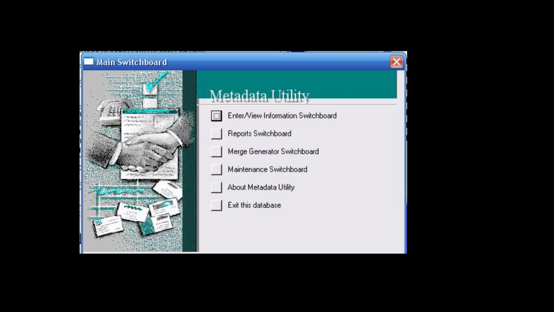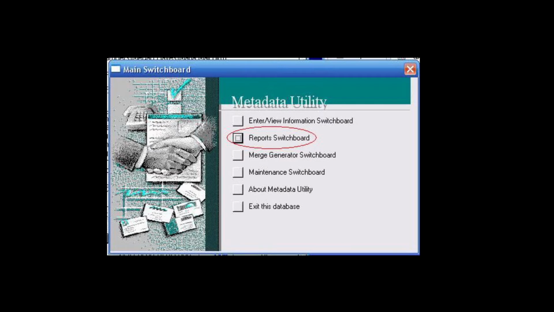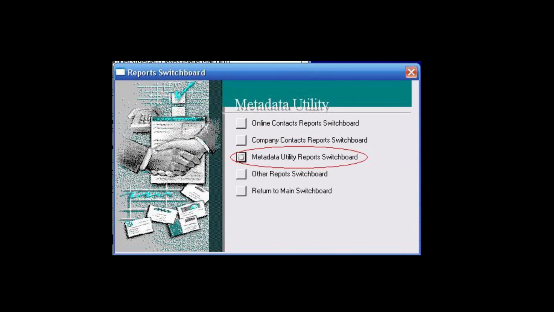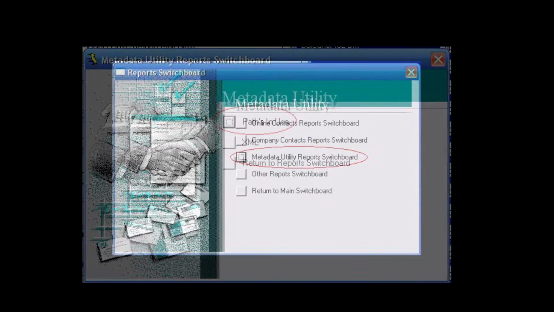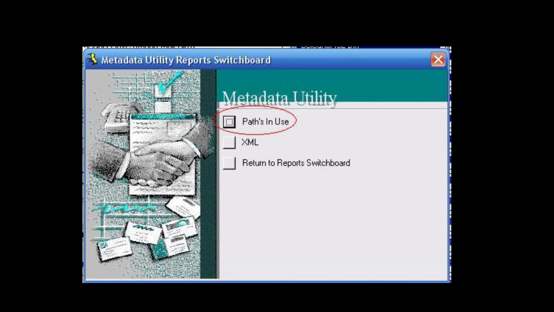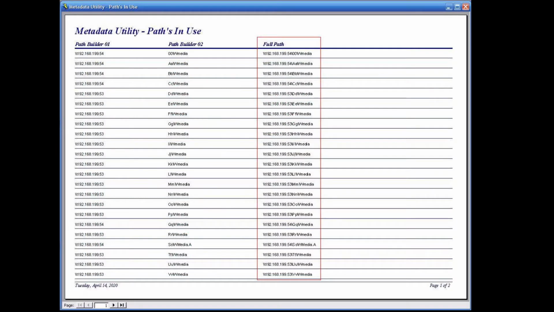The main switchboard. Click on Reports Switchboard, followed by clicking on Metadata Utility Reports Switchboard, followed by clicking on Paths in Use. This will open up Metadata Utilities Paths in Use report,